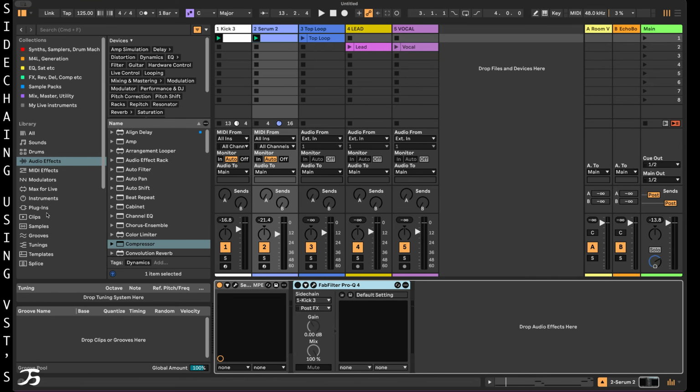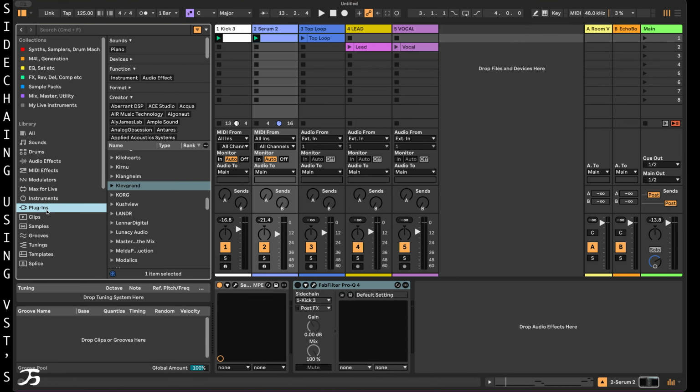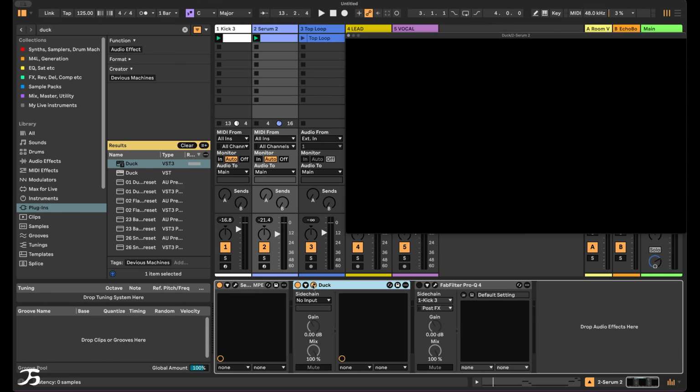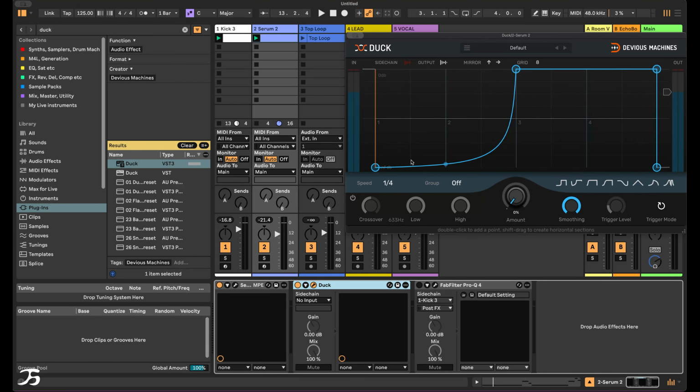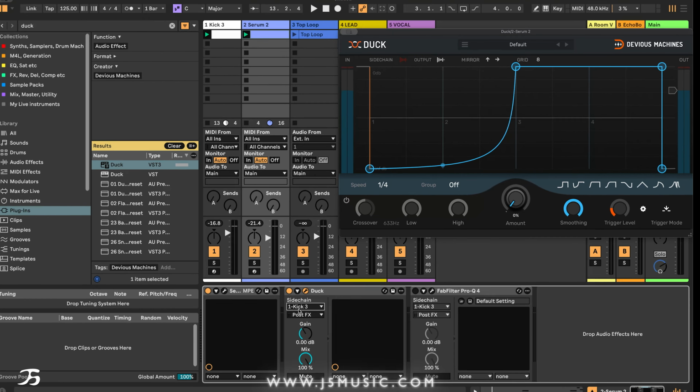We could bring in plugins, or we could have a look at other ways of sidechaining certain things. So in this example, I'm going to use Duck. Duck is the exact same principle as the compressor, but it's more specific to sidechain compression. If I just take the sidechain from kick, the audio is going to come into this plugin. I need to now tell it what trigger mode I want it to act upon, so I'm just going to click sidechain. So when the kick comes in,